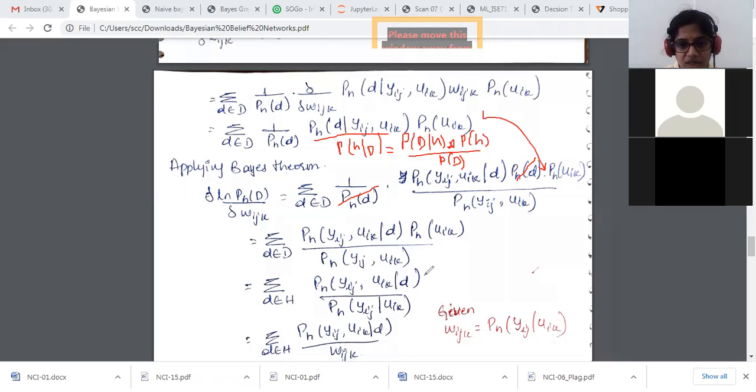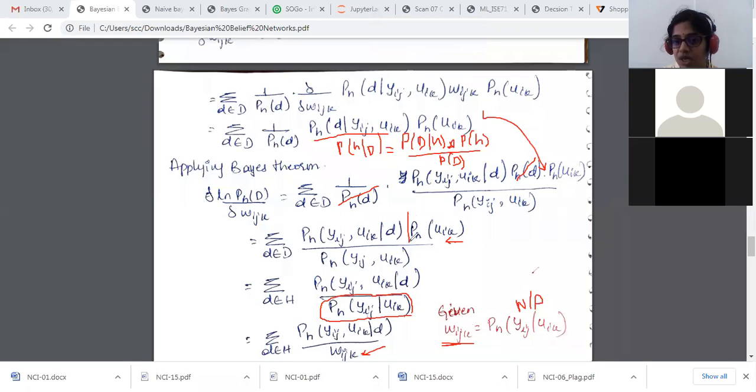Then what I'm doing here is that this entire statement of whatever I have got here, I am replacing again with Wij. Initially, I changed P of h of Uij, which is the node with respect to the parent node, and replaced it with all of its weights. Now again, I'm replacing it back to its weights. Uij is an independent term over here, so I'm right now not considering it. I'm omitting this particular term, and I'm writing all the other terms that come into picture.